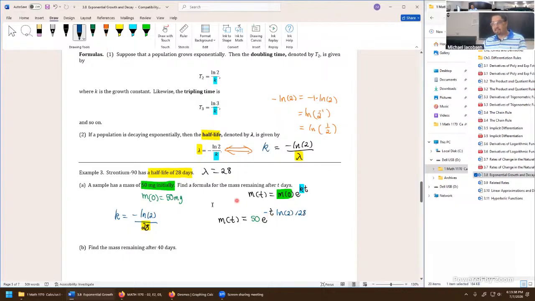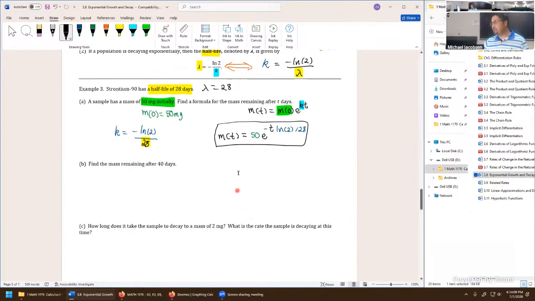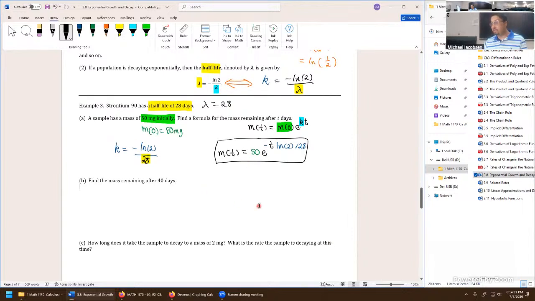So everything in blue here came from K, and I just moved the negative sign in front of T because we can't say T minus the natural log. And inserting more parentheses to force multiplication just makes it look more abstract than it really has to be. I'm going to box out this answer this time because I have algebraic statements floating around everywhere. So when it said find the formula for mass, that's what we needed to end at. Well, we got it. Half-life as a formula is great. We didn't have to work too terribly hard on this one.